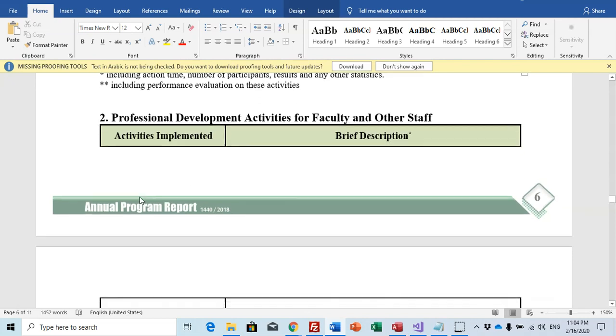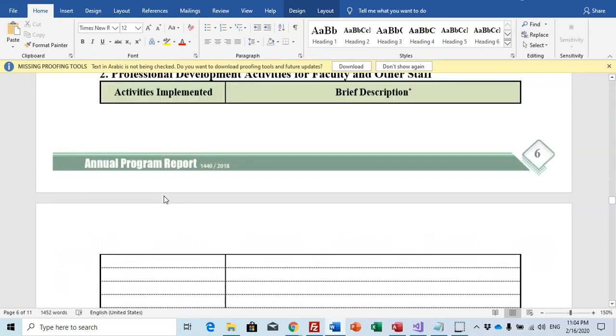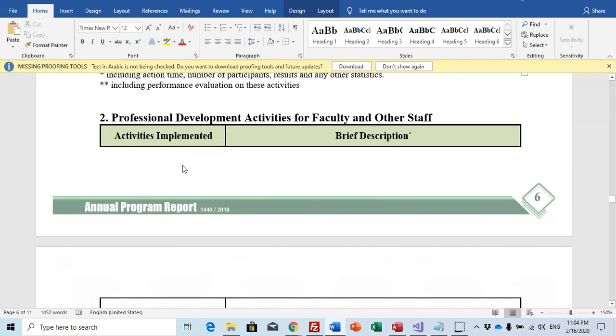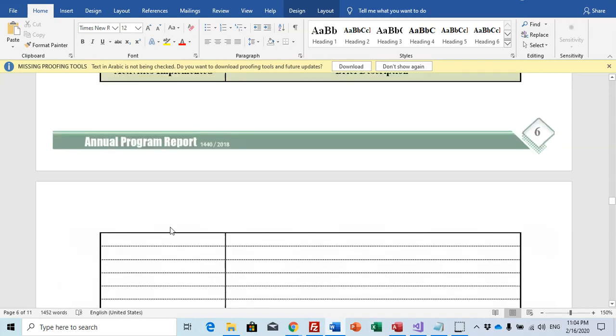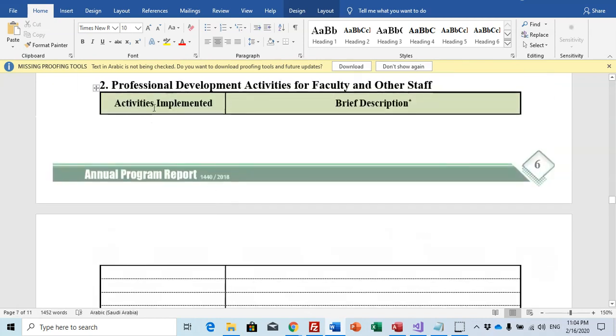Professional development activities for faculty and other staff is also the courses that maybe the instructors or the other staff participated in, some courses, workshops or other things should be specified here and should be activities implemented.